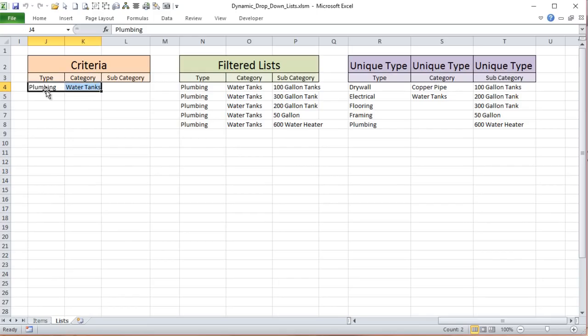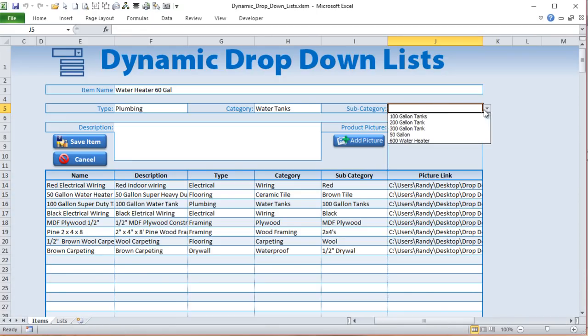2 different criteria, plumbing and water tanks. So now the list is reduced, and now what I want to do is take all the unique subcategories and put them here, and then sort them alphabetically. So now I can either select, but we don't have a 60 gallon water heater, so let's go ahead and